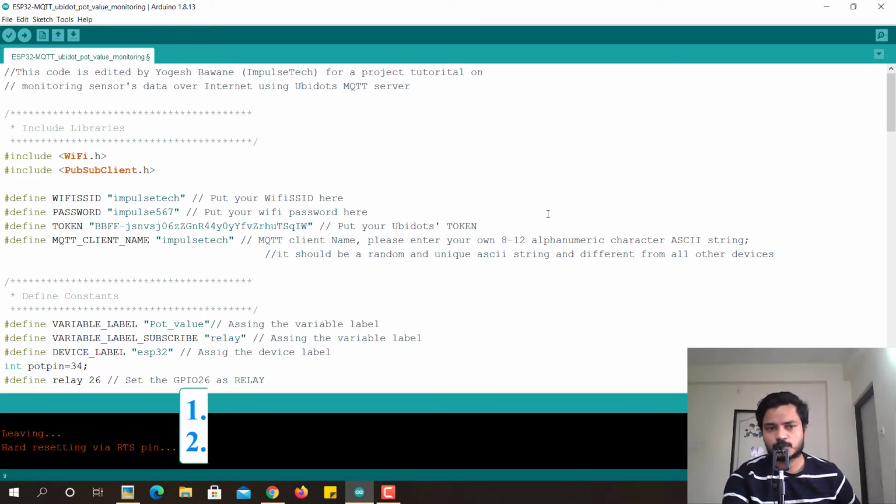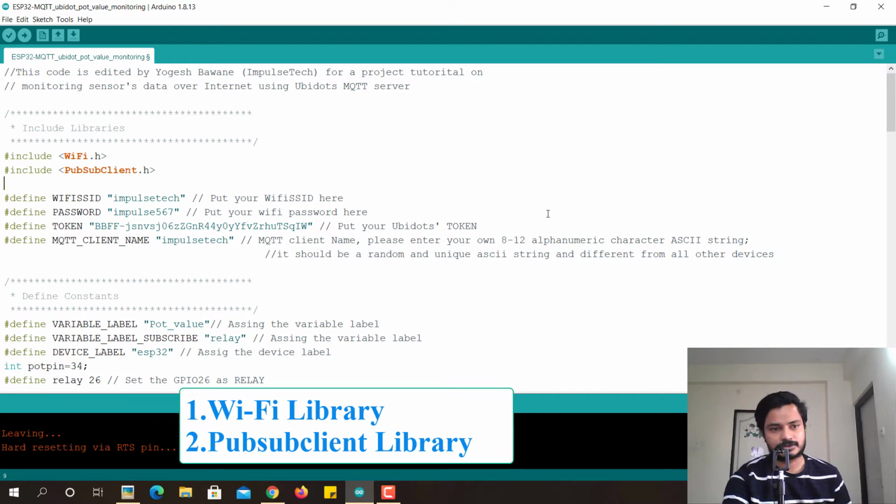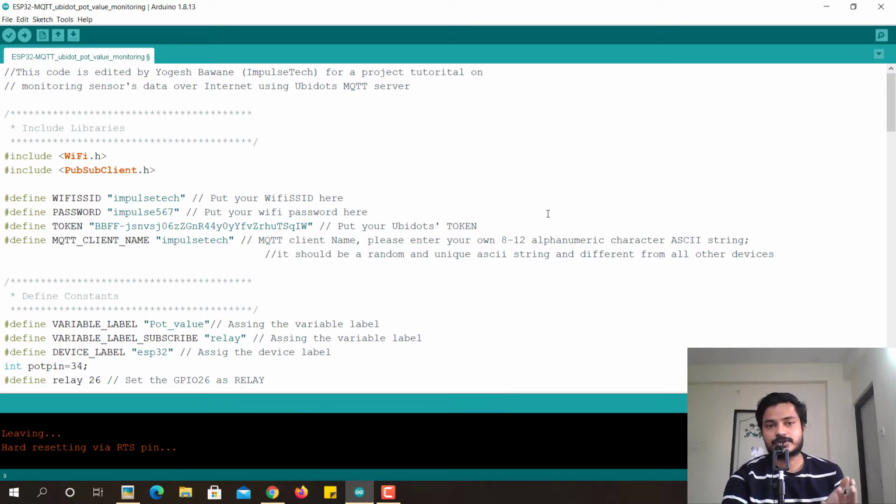So first of all you need to import two libraries. One is WiFi and one is PubSubClient. Now what is PubSubClient? So here we are using the MQTT protocol. For sending the values over the cloud, there are various protocols like HTTP protocol and MQTT protocol. But nowadays in Internet of Things world, the most popular protocol is MQTT protocol. Now what is this MQTT protocol and all? What is PubSub? So if you want to understand that as well, then I can make a separate video for the MQTT protocol only, that how the MQTT protocol works. So please let me know inside the comment box that you want to know about the MQTT protocol and all.